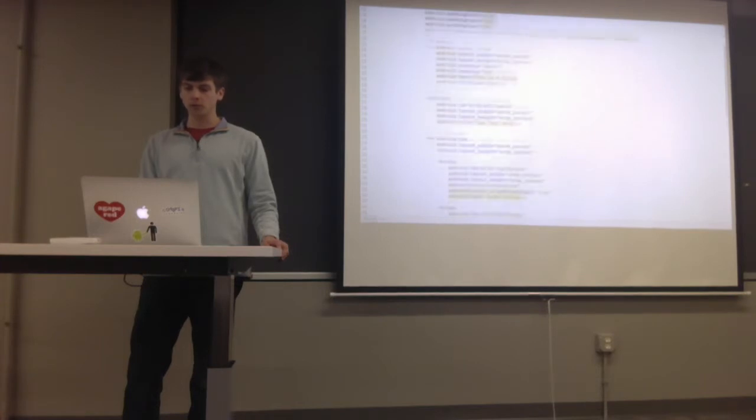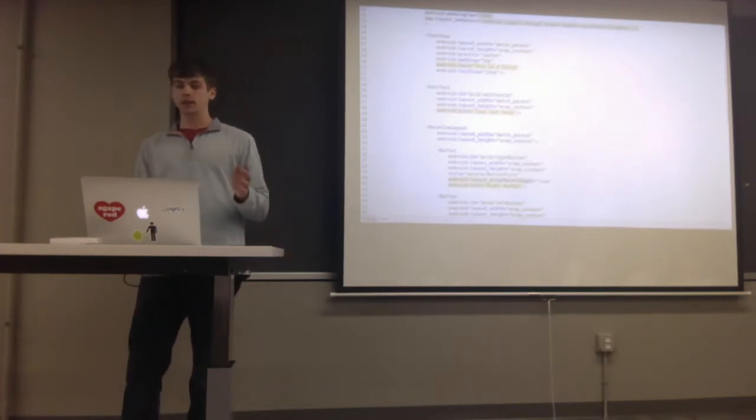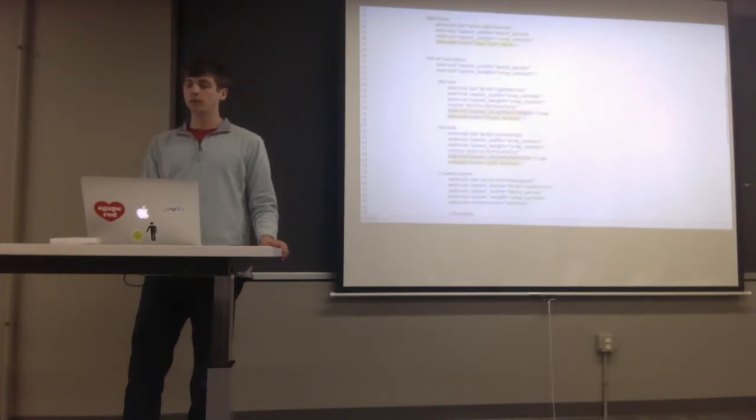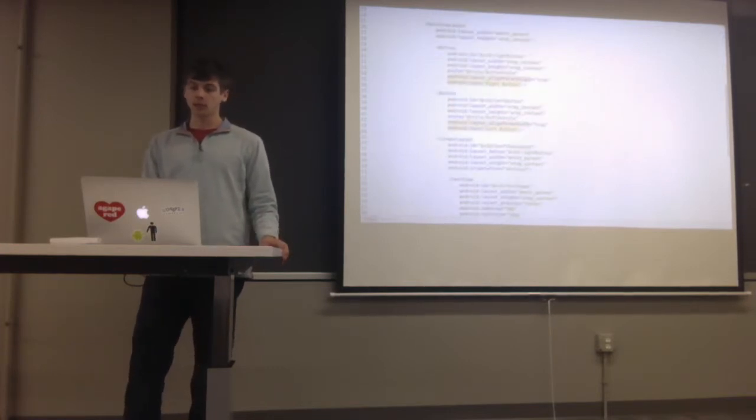So this orientation is vertical, so this text view will be on top of this edit text. A text view hosts text, and the edit text is where you can input text. And like I said earlier, you can have nested layouts. So this is a relative layout within a linear layout, and then that has children of its own,